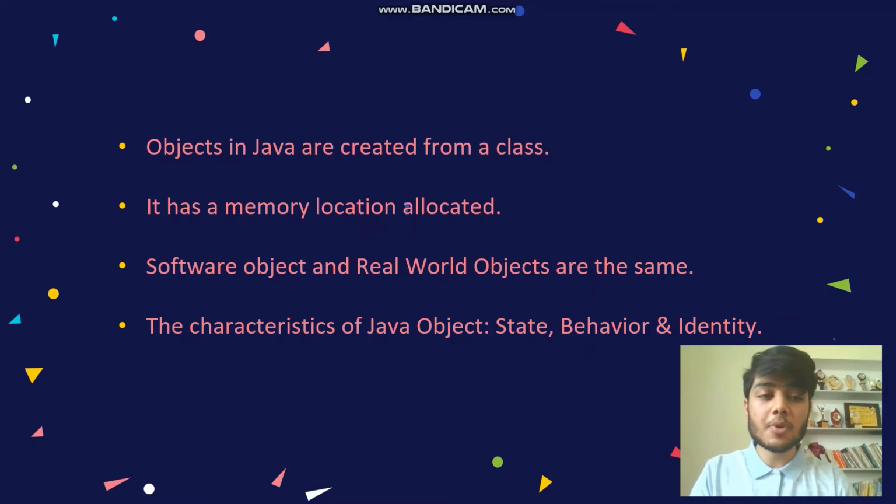The behavior represents the functionality of the object, and the identity is typically implemented via a unique ID. The value of the ID is not visible to the external user. However, it is used internally by the JVM to identify each object uniquely.